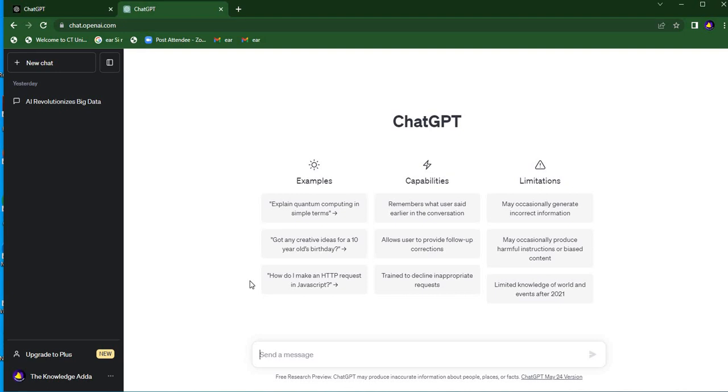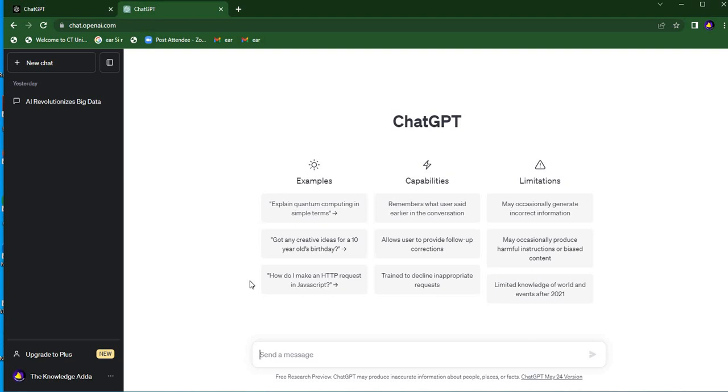So when you click on sign up, a message or code will be sent to your Gmail ID, or you can also ask to send it by message on WhatsApp. Firstly you have to enter that particular code. As soon as you enter that code, this page will open. So now everything is done.